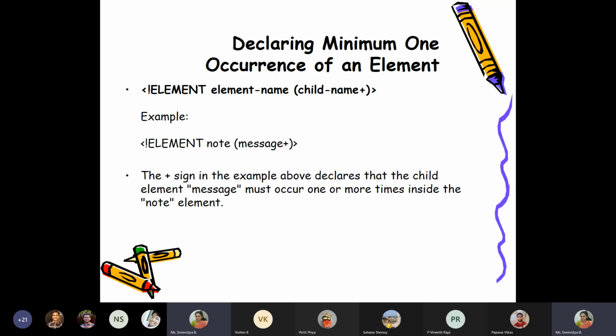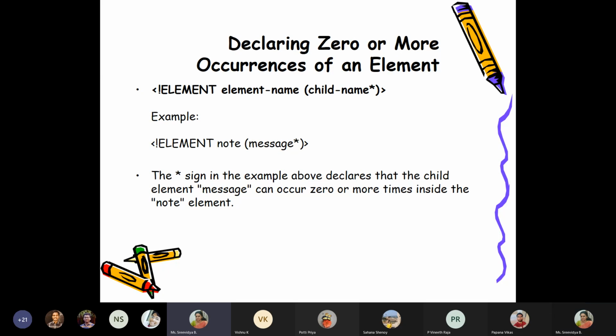Plus means the sub element is going to appear one or more number of times. Zero or more is star, same rule. Message star means it may appear or it may not appear. It may appear one time, two times, or more. Anything is fine.